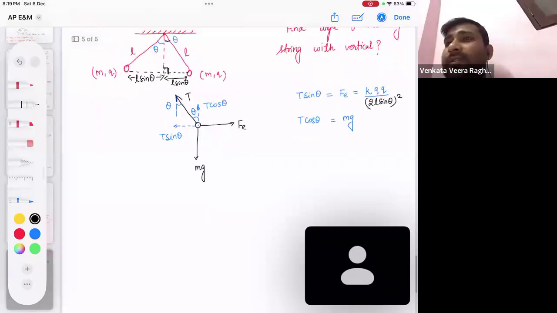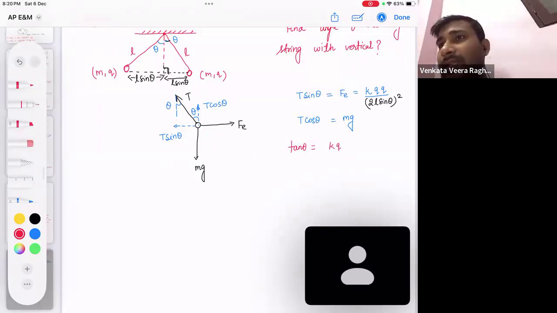Now we can simplify it. Can we use this equation? Check it here. Or we can divide them, isn't it? If we divide these two equations, what will happen? Tension will get cancelled out, isn't it? So let's divide equation 1 and 2. Sine theta by cos theta becomes tan theta equal to